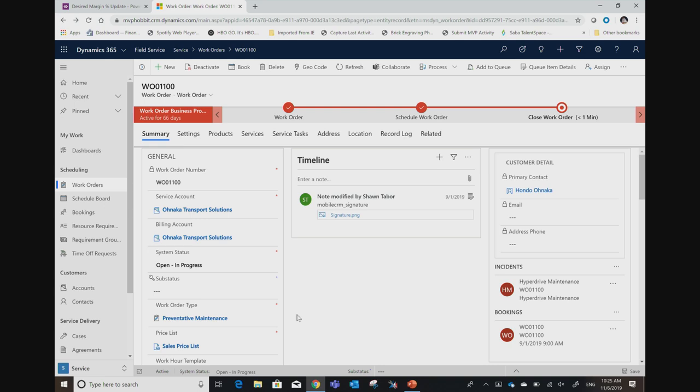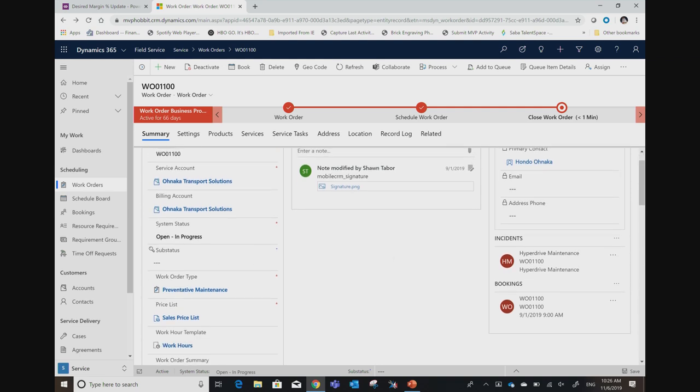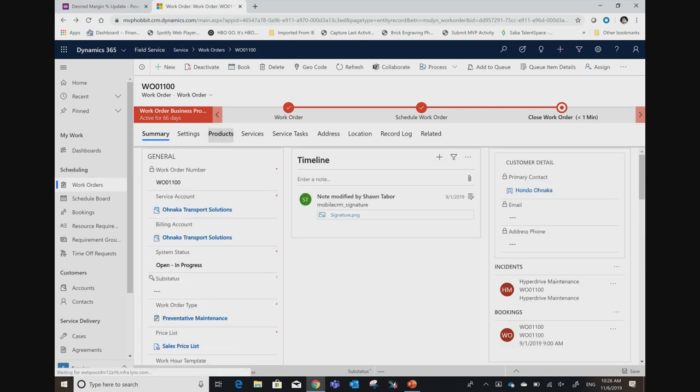Wow, okay. Well, at Disney World, you can go to Hollywood Studios and you can see the Star Wars land, Galaxy's Edge. This work order is a scenario where I went to Hollywood Studios to test out some functionality in field service, and I repaired the Millennium Falcon. So you can see my work order here is with Onaka Transport Solutions, who's currently leasing the Millennium Falcon for their smuggling runs, and Hondo Onaka is my primary contact. So you can see here that on this work order, I'm doing a preventive maintenance on the Falcon,